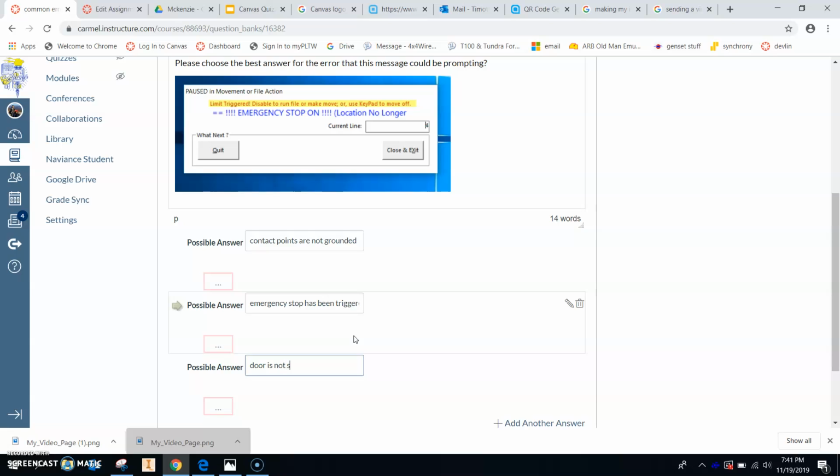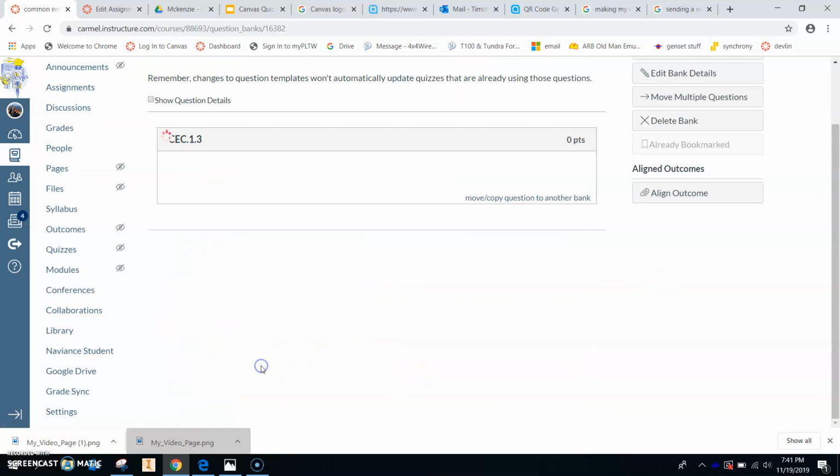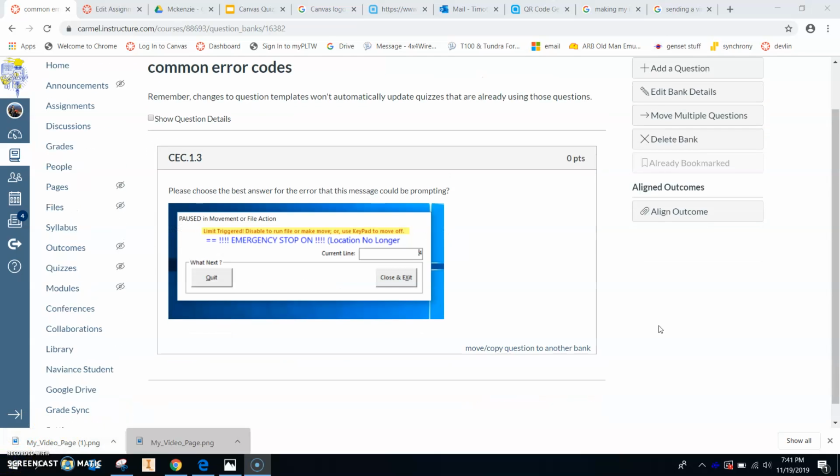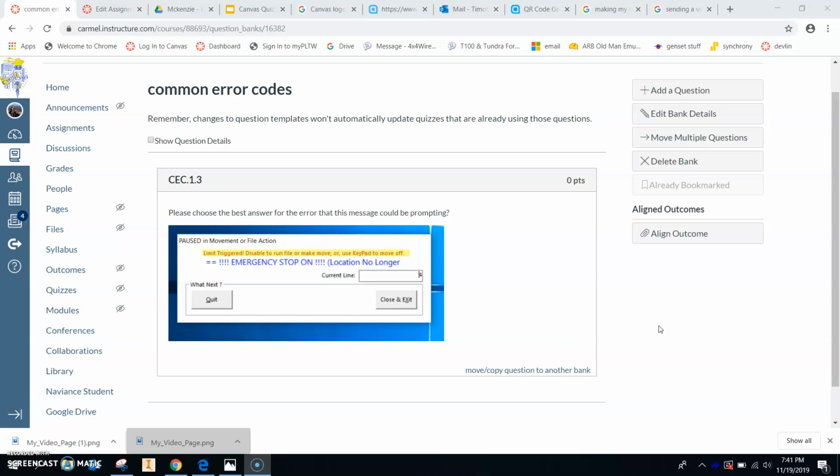Door is not shut. So, whatever the answer is, you click on the arrow that is the correct answer, and then you can click update question. Okay, now that we've created our question, and this would be the same way you would create a question anywhere,